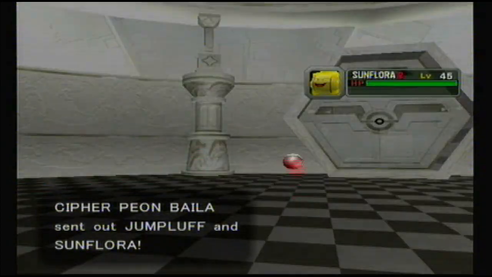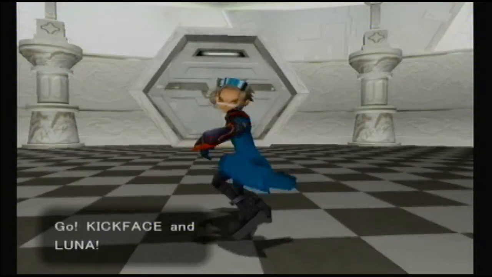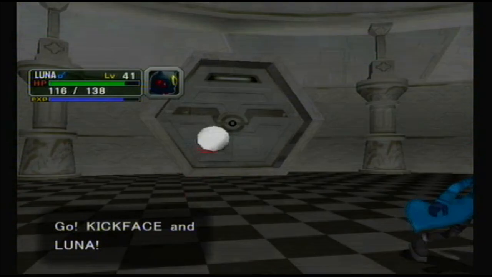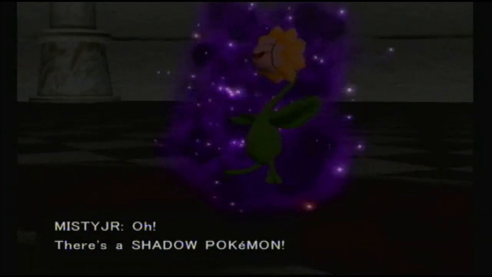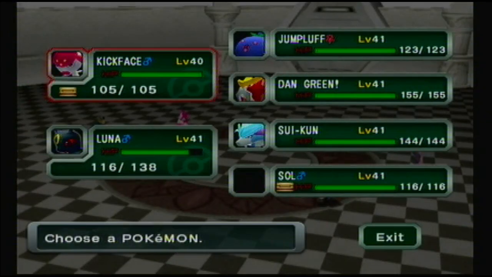Baylor? I don't know. Jumpluff and Sunflora. So we've got a grass-type theme to this one. Yeah, not exactly sure I want Luna here. Probably want Dan Green. But anyway, we have another Shadow Pokemon, a Shadow Sunflora, which is at least better than